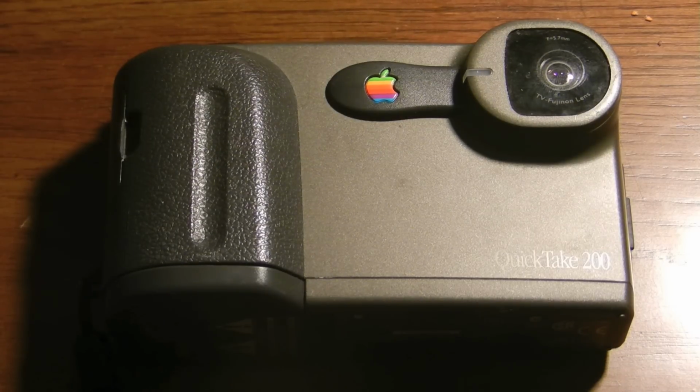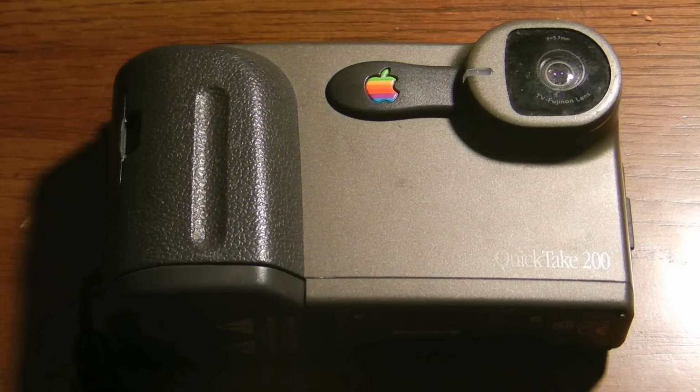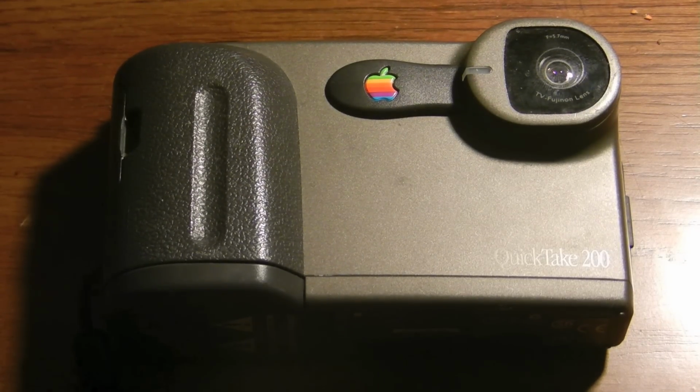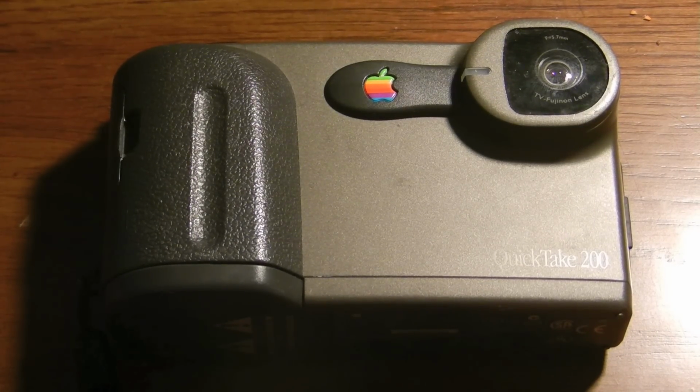And it did work on a computer. You take the images on the camera, of course. It's pretty much close to a modern camera. You take the pictures on the camera and then you just connect it to your Macintosh or Windows. There was support for both, but a lot of concerns about this camera back then was that it was very